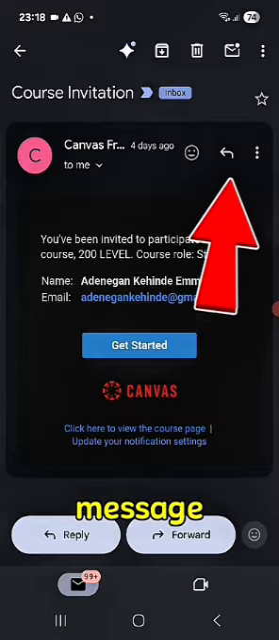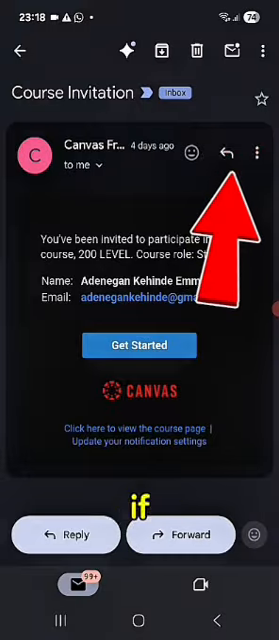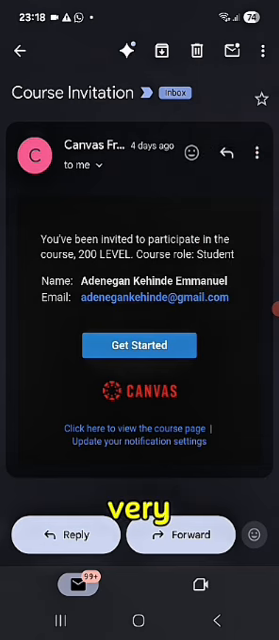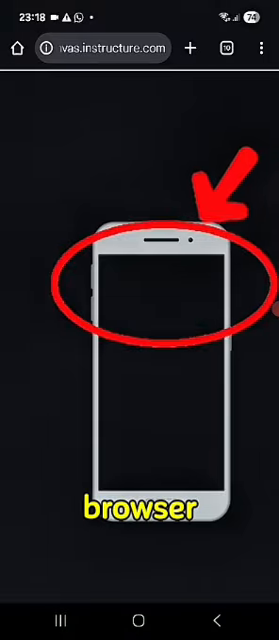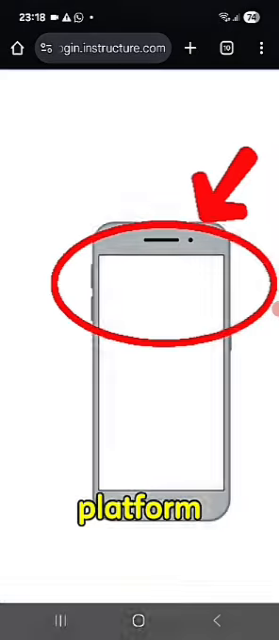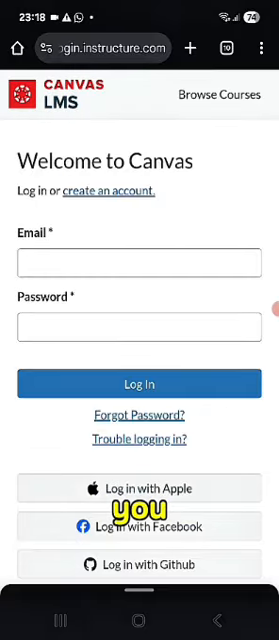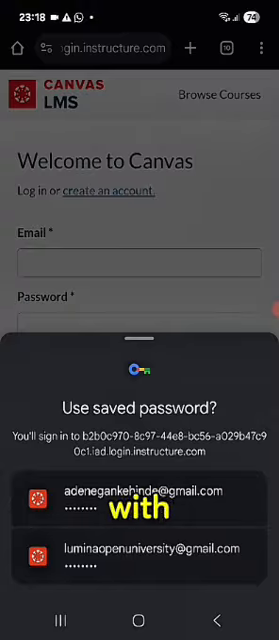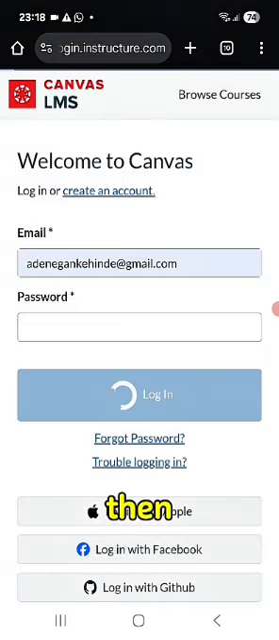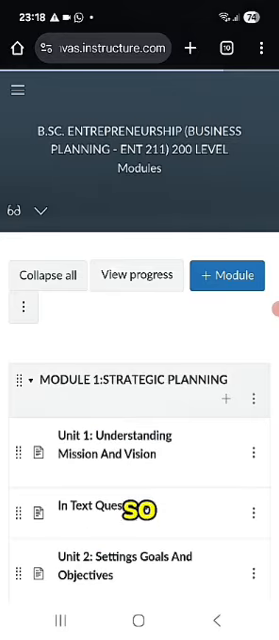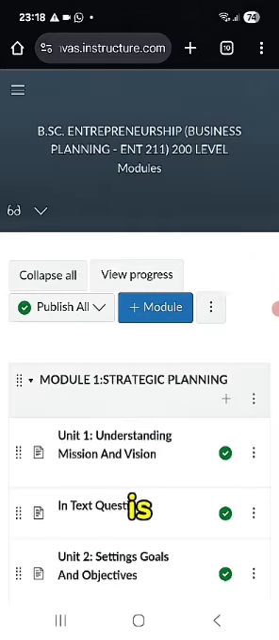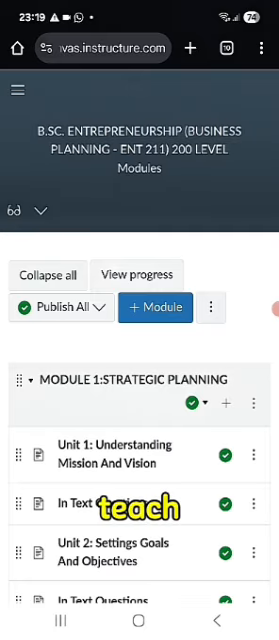But that message that has been sent to you, if you are doing that for the very first time, will ask you to get started. Once you do that, you click on it, it will take you to your registered browser on your platform, to be able to do so effectively. For example, you would register with your email, which has been pre-registered, so it will take you through that. This is the course you are assigned to teach: